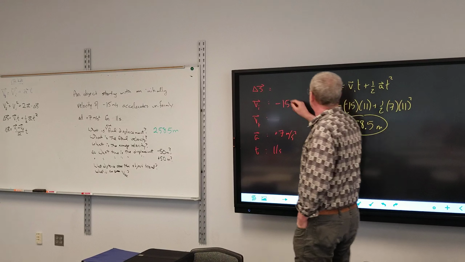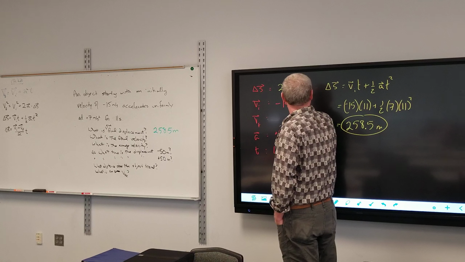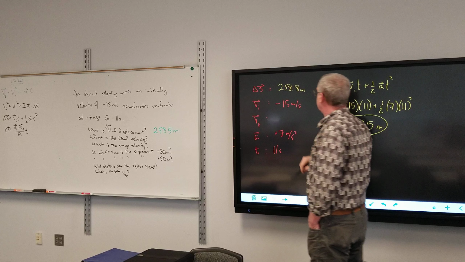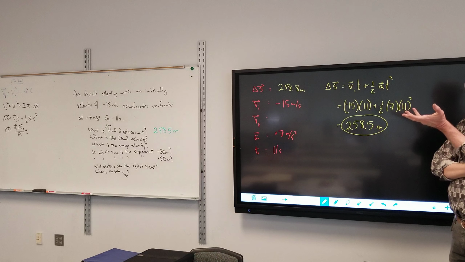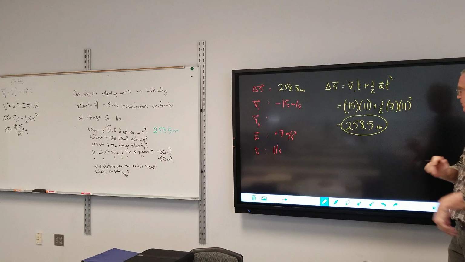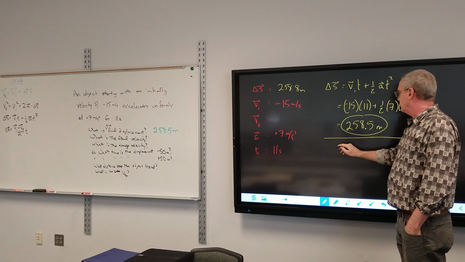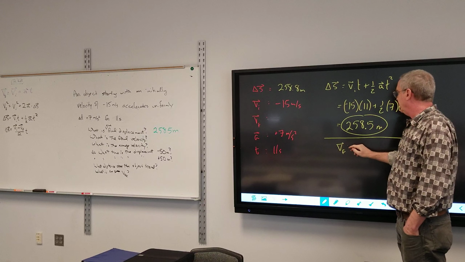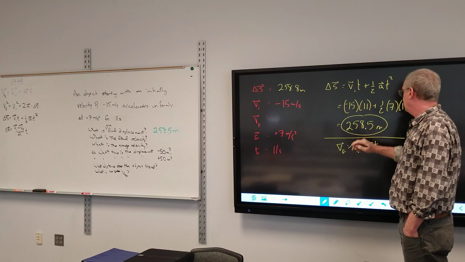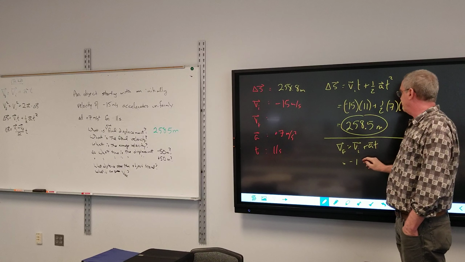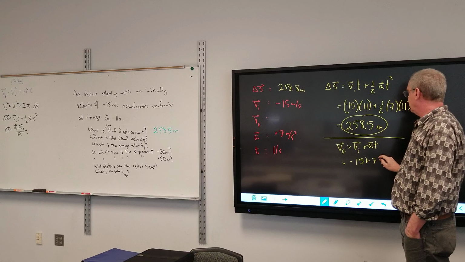I now know this, 258 meters. We could just use the first equation. Okay. So VF equals VI plus AT. And so that's equal to negative 15 plus 7 times 11,